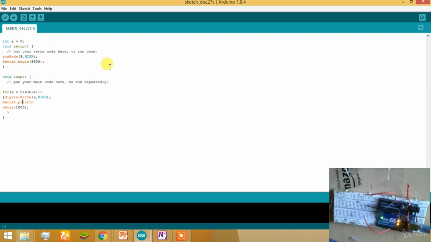Correct the syntax: Serial.print, and we are printing the value of x on the screen. Okay, that's good. For x is equal to 0, x is smaller than 5, x should be incremented every time before reaching 5. Okay, now what should we be doing after the loop? After ending the loop we are giving the value digital